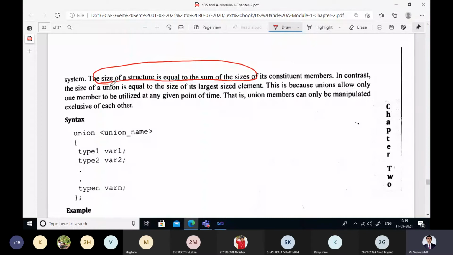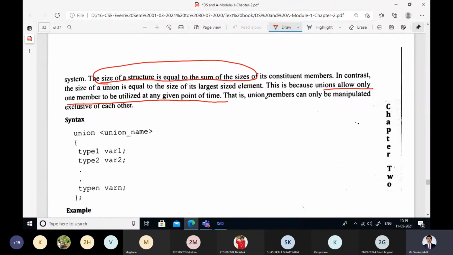The reason is that unions allow only one member to be active at any given point of time. That's why the union members share the same memory location.